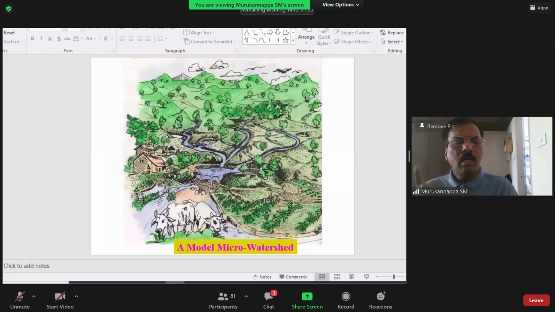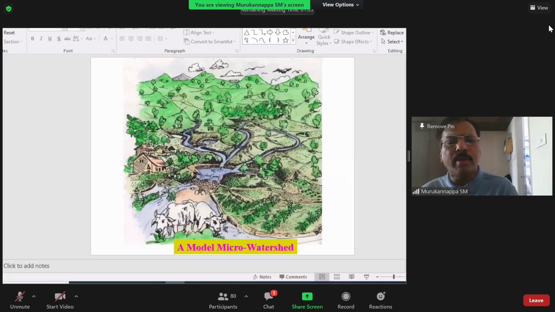One is the area that is cultivated, that is arable land. Another area is not fit for cultivation, that is non-arable land. And you can find the gullies or the nalas, the water courses, some nalas bigger and some smaller. Even if you take a larger area, it can be a river itself.